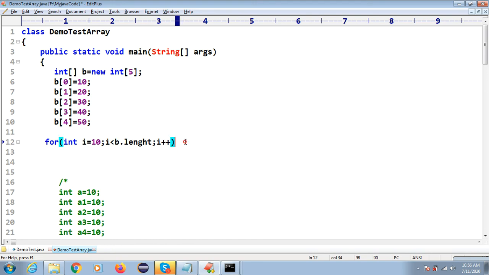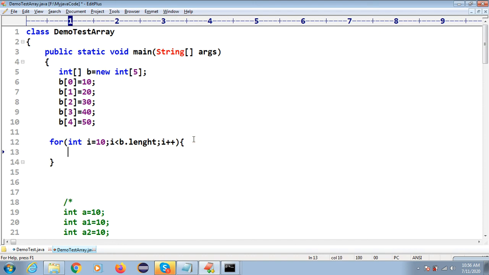Sorry. So now I'm going to print all the values whatever we have stored inside this array. System dot out dot println, and we have b of i. Got it, right? So I'm just going to print this value.